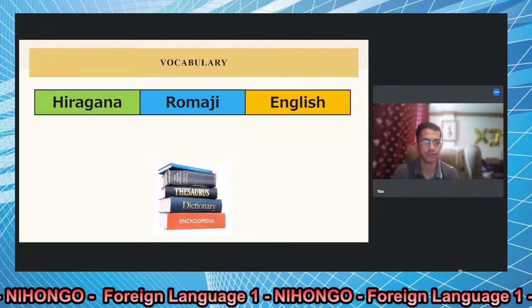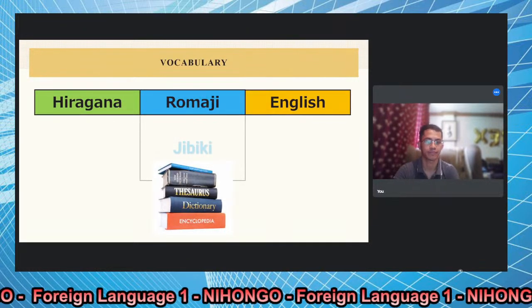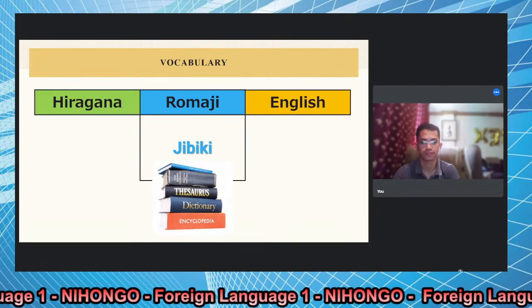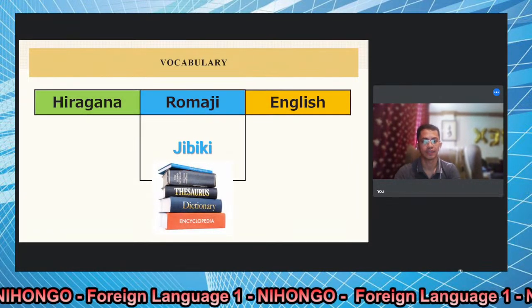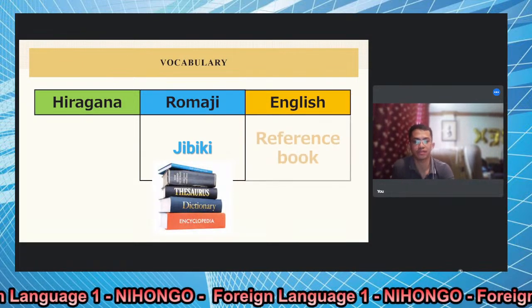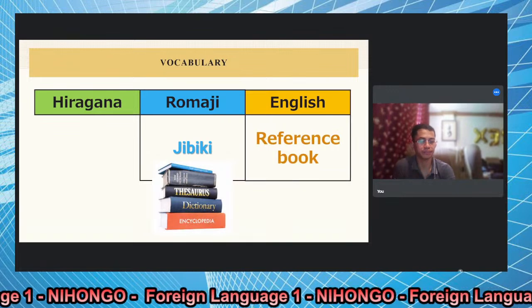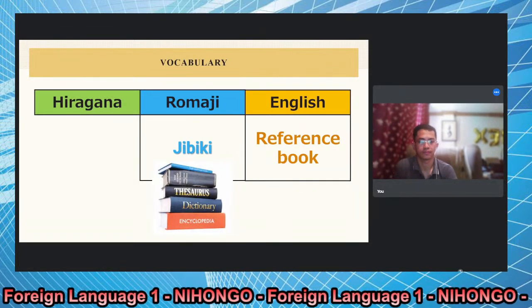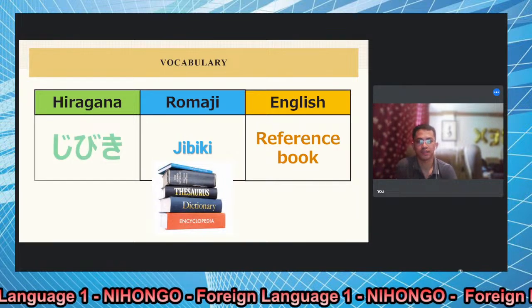Our next word is jibiki. Jibiki in English is reference book. And it is written as